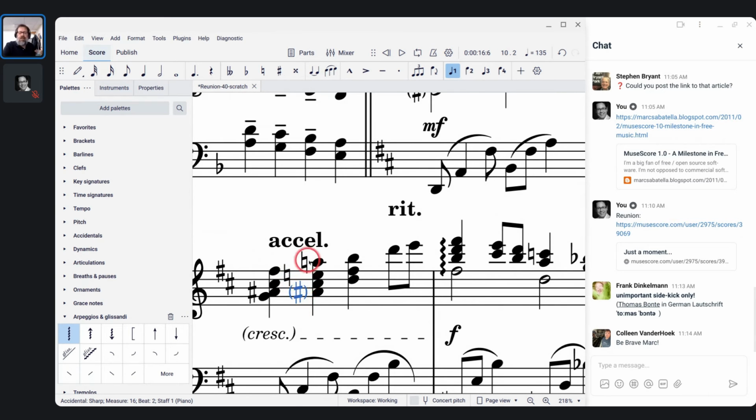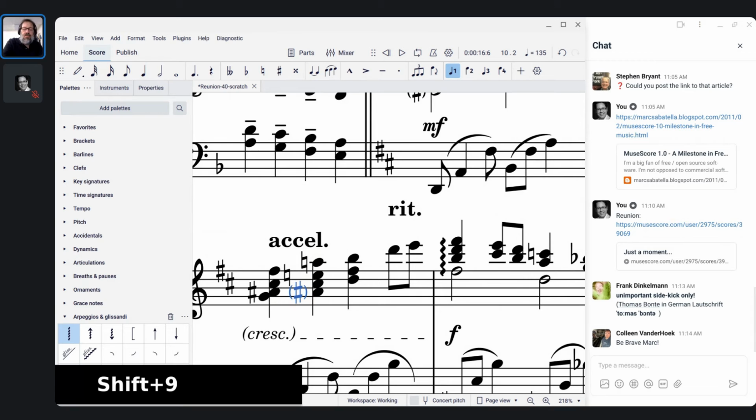But the rule that is being followed is if you have accidentals on notes an octave apart, they should be in the same column. The natural sign and the sharp sign, they're both on A's, so they should be aligned. It's not a requirement, but it's generally good practice. I tried to do that here, but because of the parentheses, they don't really line up. If I remove the parentheses,